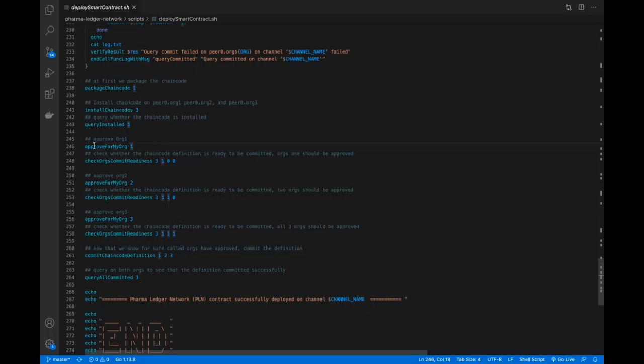That is what we are doing in approve for my org 1, which is manufacturer, approve for my organization 2, which is distributor, and approve for my organization 3, which is pharmacy. So this is what we are doing. And then we will see the commit readiness. Once the commit readiness is achieved, we will get true from all the organizations. So at this point of time, the endorsement policy matches, and then we can go, and any of the peers, either peer 1, peer 2, or peer 3,